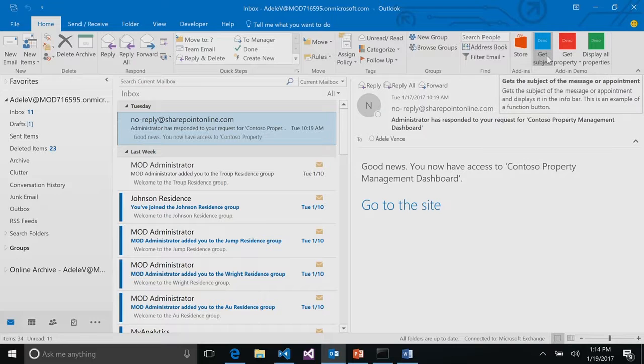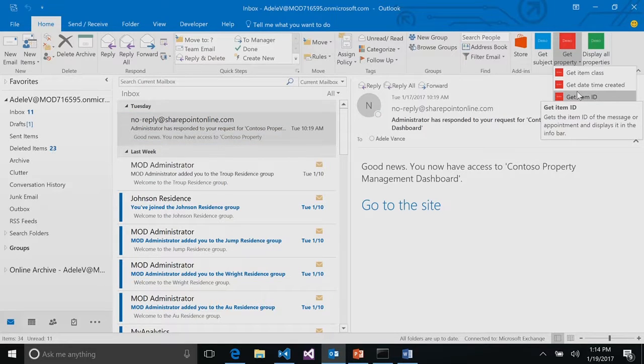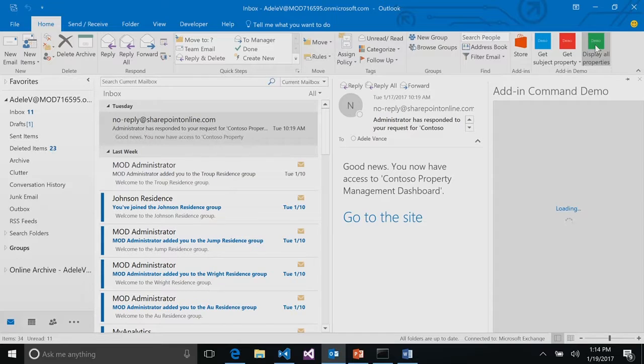There's a UI-less button that just activates a JavaScript function and handles everything in the background. There's a drop-down type button, which allows me to nest additional buttons. And then there's a task pane button, which we saw in the Word and OneNote.